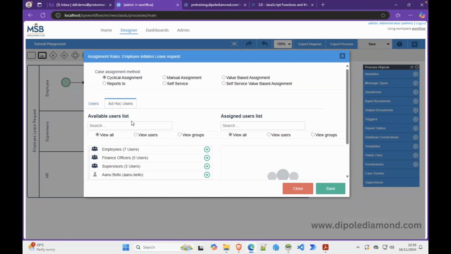Okay, so as you can see from the case assignment method section, we have about 6 assignment methods there. So assignment rules for a task is a matter of how should the user be selected and which users can be selected. Now, best practice, it's recommended that